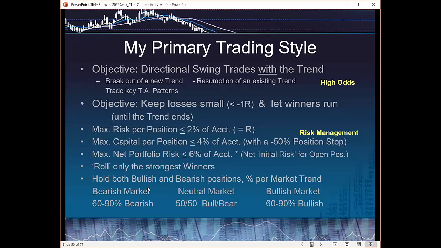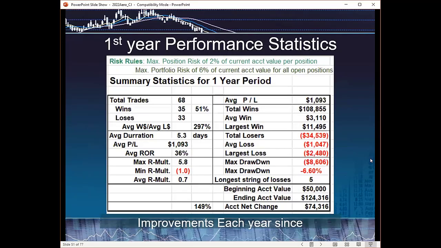The other key thing I do is I try to always have both bullish and bearish positions in my portfolio. However, I adjust the percentage of how many open positions are bearish versus bullish based on the overall market condition. This drives what I'm looking for in the next position, bullish or bearish. It does not drive how I manage or get out of an open position. So this is a portfolio management rule.